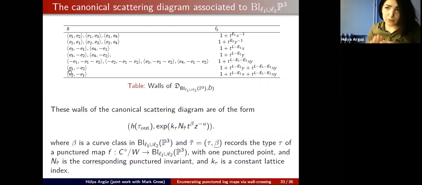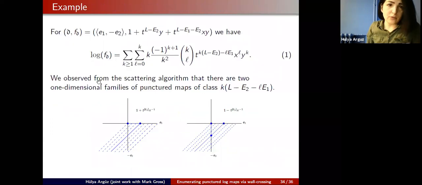So to obtain all the information you need about punctured log Gromov-Witten theory, you need to know the whole procedure. Knowing only the final consistent scattering diagram is not enough. When we ran the procedure, two walls came up, in R3, which are just these planes I drew in this picture, the xy plane in R3. The two walls 1 plus t to E1 x inverse and 1 plus 1 minus t to E1 x inverse